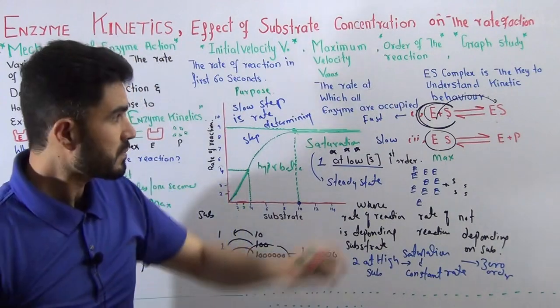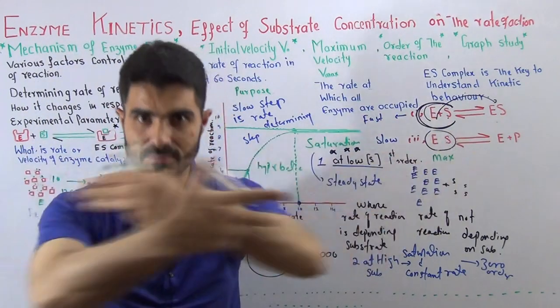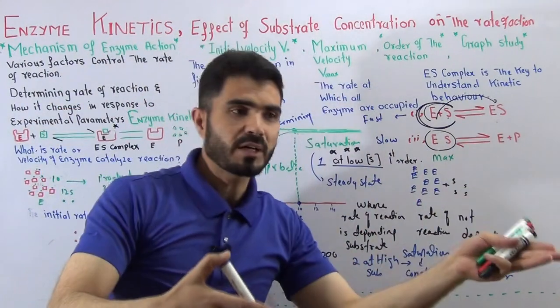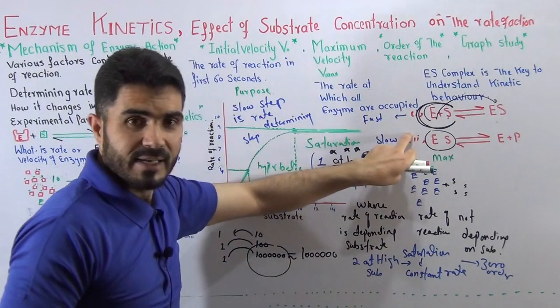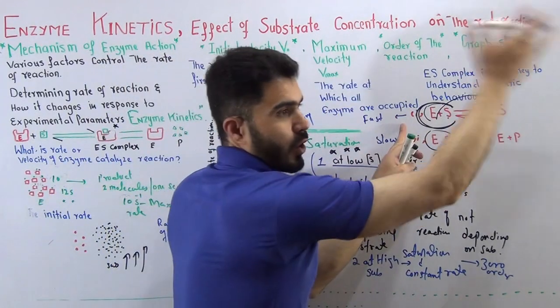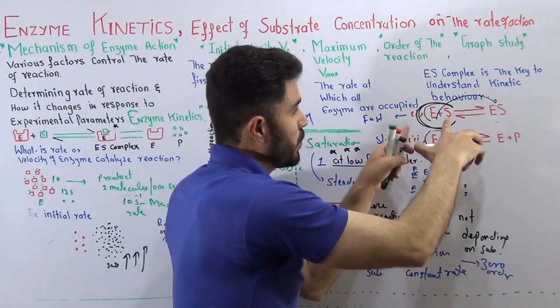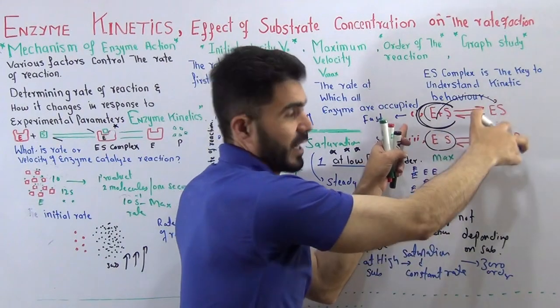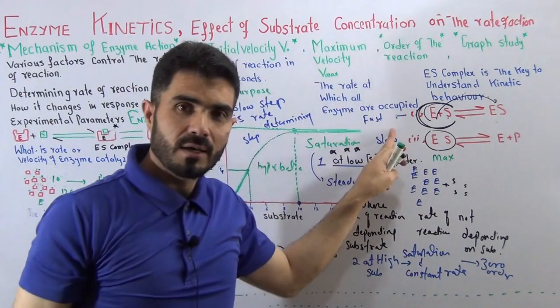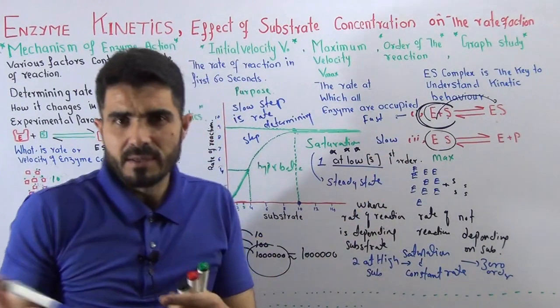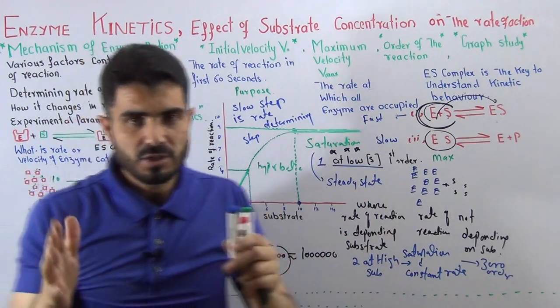Then we saw that in a reversible reaction, where reactant can convert into product and the product can convert into reactant, if you increase the left side, the reaction will go to the right side. If you increase the right side, the reaction will go back to the left side. So what happened? We started the reaction